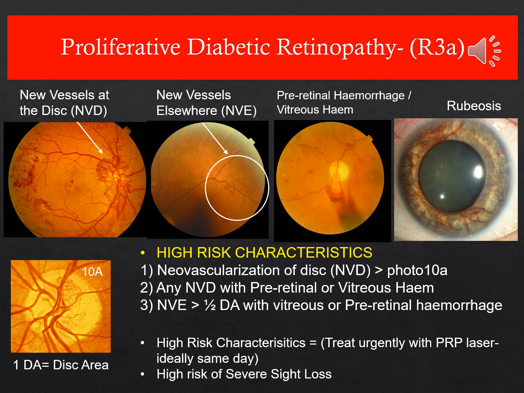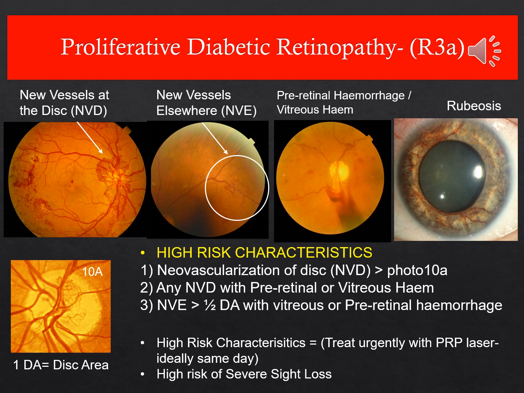This slide shows examples of proliferative diabetic retinopathy. This is the most severe stage of diabetic retinopathy and needs treatment. The various features of proliferative retinopathy include new vessels or angiogenesis at the optic disc, known as NVD, or new vessels elsewhere on the retina, usually on larger caliber blood vessels, as seen here,